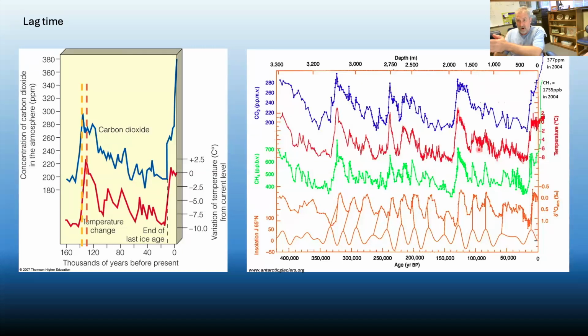So now we've got our historical record through those ice cores, all that proxy data, along with direct measures of CO2 from the ice cores. And we've got direct measures that date back into the 1800s. And we've got measures of carbon dioxide that go back, good gosh, I forget how long, but well into the 1950s, I know, and I think prior to that. So we have a lot of data. And what we see is a pretty consistent lag between when carbon dioxide changes and temperature changes relative to that.